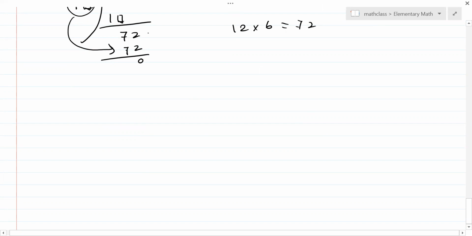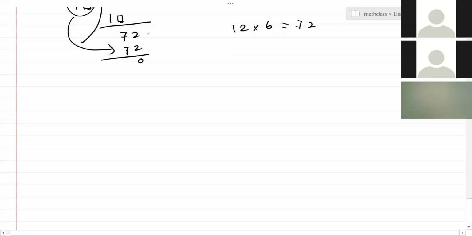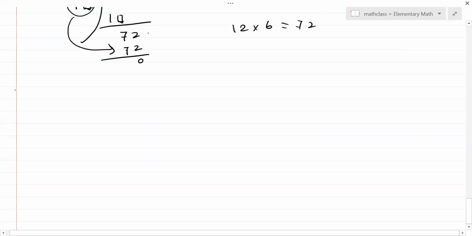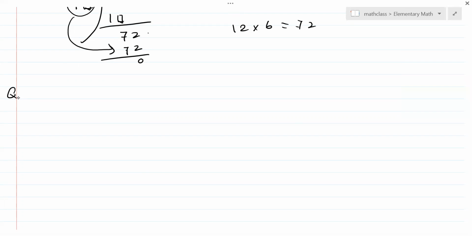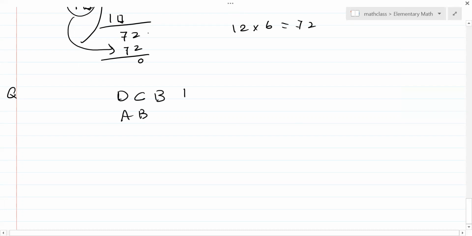All right, so those are the division. Let's go back to have a quick review on what we learned before. This is about addition again. Then I'll come back if I have time. Okay, so we got, this is addition, D, C, B, 1, okay? And A, B, C, D. Add them together, I got